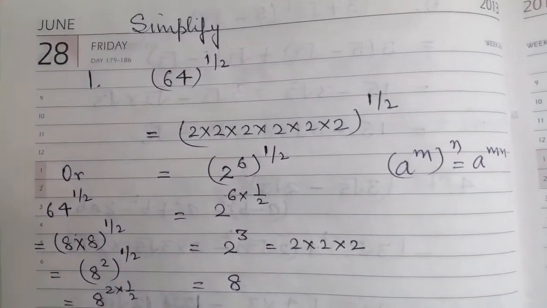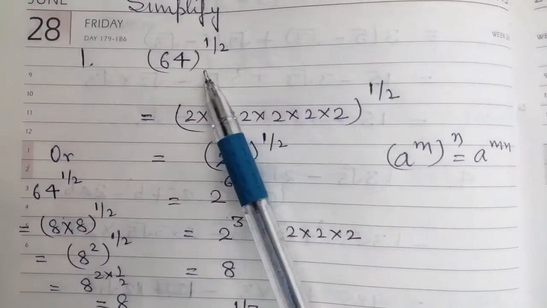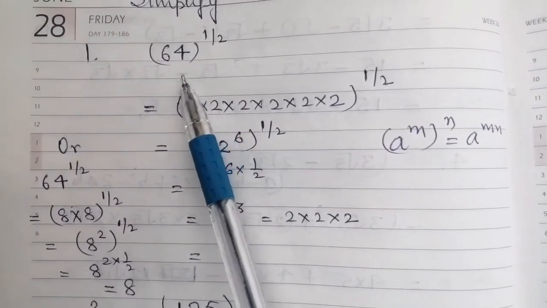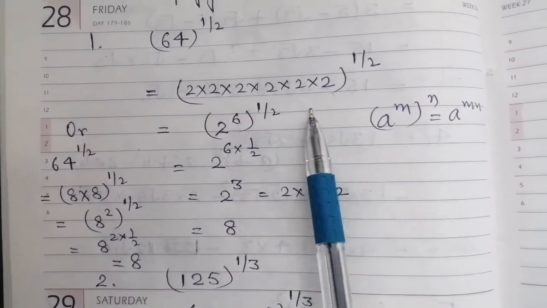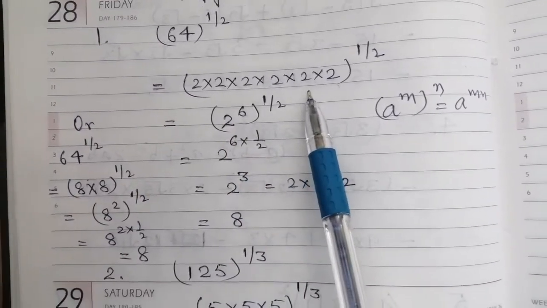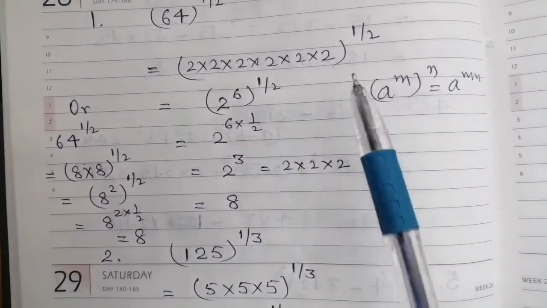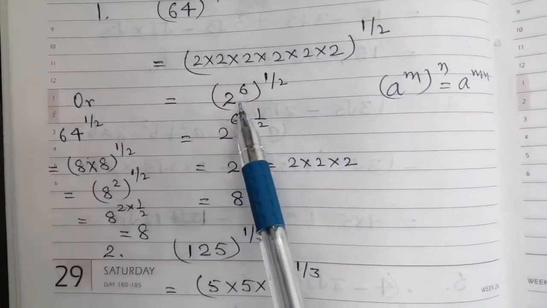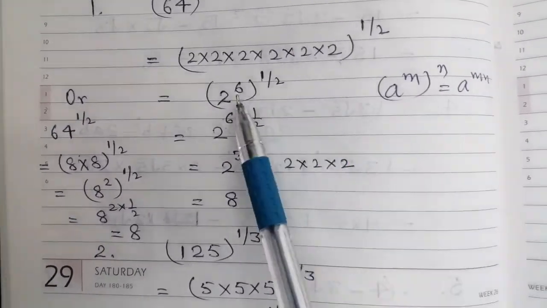First question is, simplify 64 raised to power 1 over 2, right? We have to simplify 64 raised to power 1 upon 2. So factorize 64, right? The prime factors are 2 into 2 into 2 into 2 into 2 into 2, that is 2 multiplied 6 times. So 2 to the 4, 2 the 8, 2 the 16, 2 the 32, multiplied by 2 is 64, raised to power 1 by 2. Now see, 2 is getting multiplied how many times? 6 times. So I can write 2 raised to power 6, and the power as it is raised to power 1 by 2. Now here you have power raised to power.